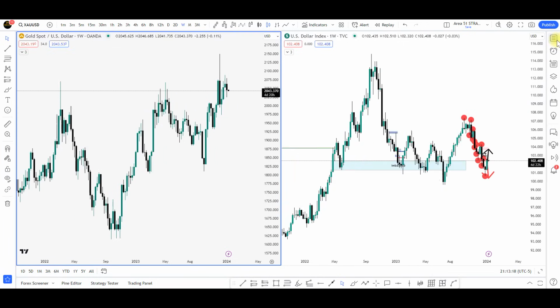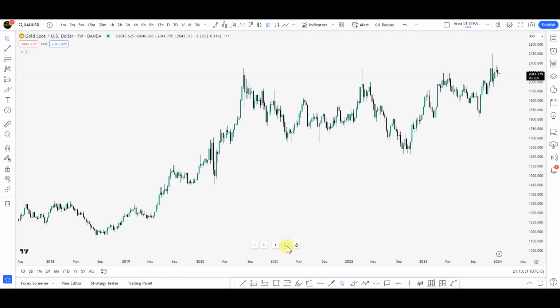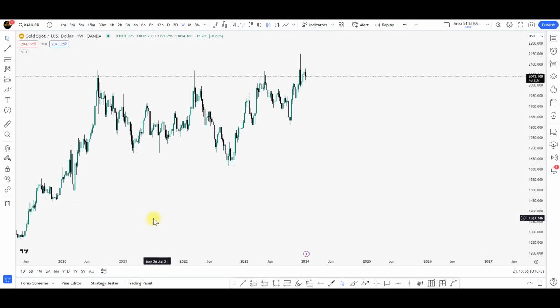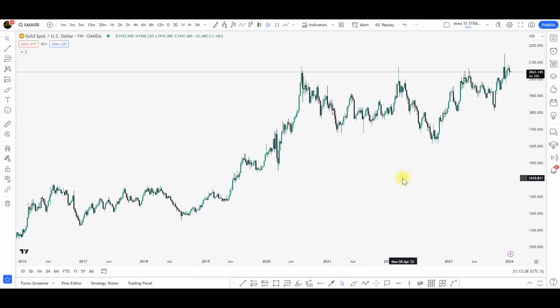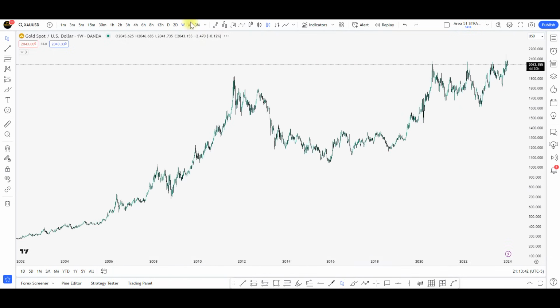Okay, gold USD. Great, beautiful. Okay, you see how different it is? This is buying and then this is selling. Okay, but our job is to make sure that we look into the price action of DXY whenever we're trading a US dollar. Okay, anything that comes with the US dollar, you have to look into DXY